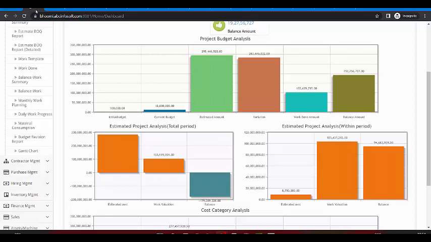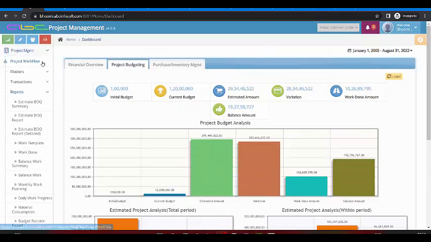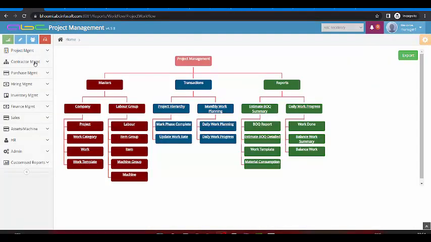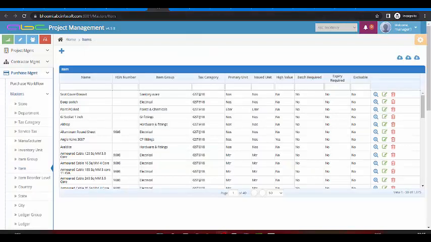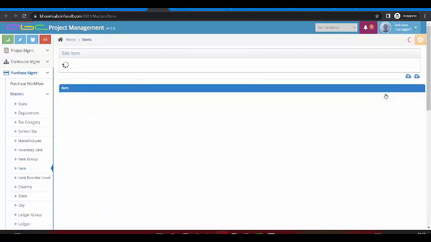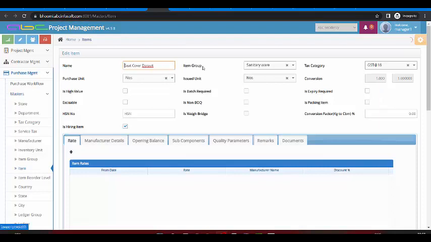So to start with the project management module, we start from the project workflow that is available at the starting of the module. Here we are showing you all the masters that need to be recorded, all the transactions and the reports. So first of all, we will prepare the item master. While working with the item master, we have the item name, its item group, its item category along with the taxation information, its purchase unit, issue unit.